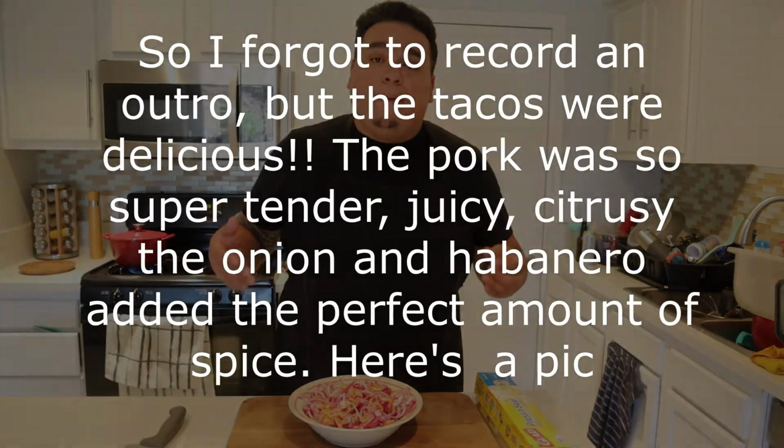Alright guys, so I have all the onion and habanero all sliced up. I put the oregano in there, a dash of vinegar, the lime juice, and I'm going to put some press seal over it. And I'm going to put that in the refrigerator for it to get cold until the cochinita is ready. So it's going to be another couple of hours. But until then...